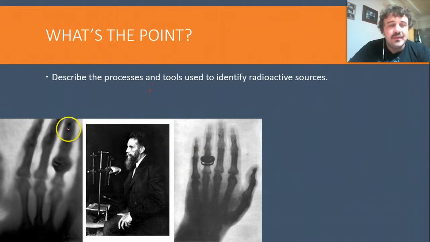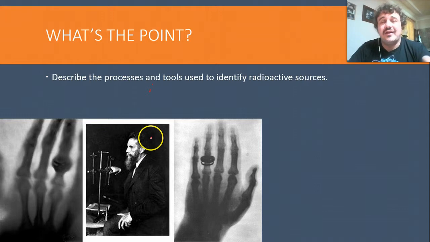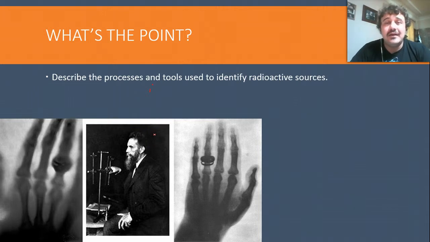So, here's a guy called Wilhelm Röntgen. He is a German physicist. Interesting to know that most English-speaking countries call them X-rays, but a lot of the world calls them Röntgen rays. And the reason they call them Röntgen rays is because this is the guy who discovered X-rays,